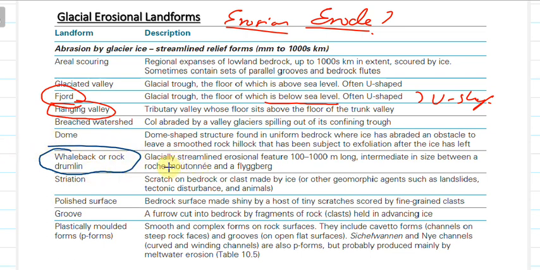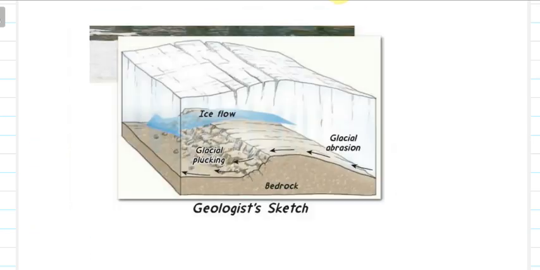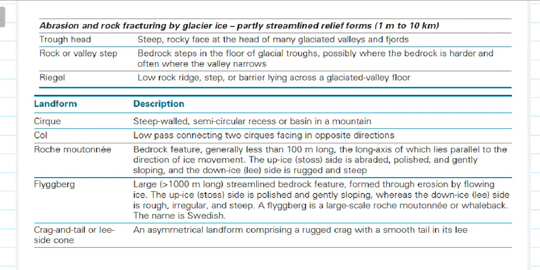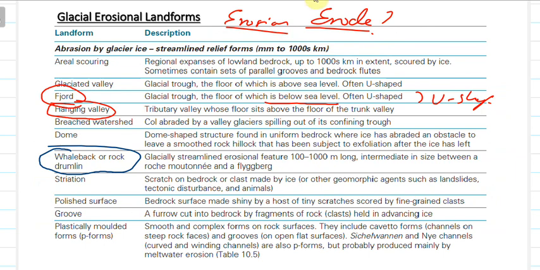Okay, so whaleback or rock drumlin, इसको भी हम देखेंगे. Okay, so this is known as whaleback, या इसको हम रॉकी माउंटेन भी बोलते हैं. Okay, so Rocky Mountain, whaleback or rock drumlin is similar in fashion. Okay, so we will talk about Rocky Mountain है. Okay, बाकी यहाँ पे important forms नहीं है, तो